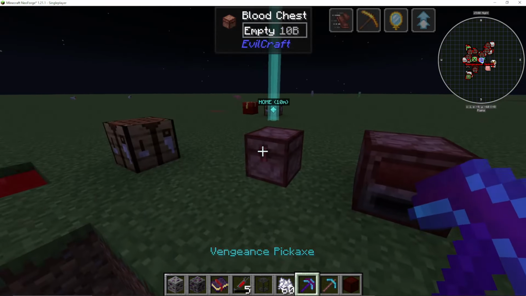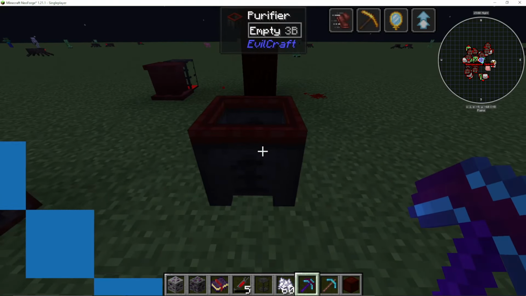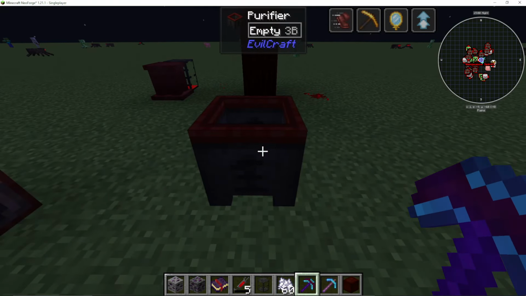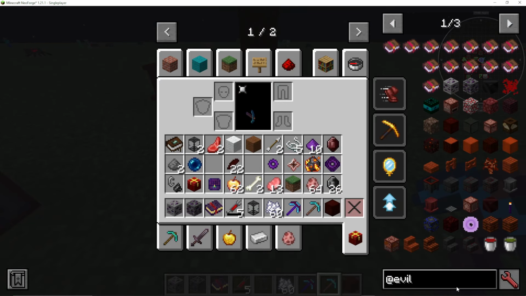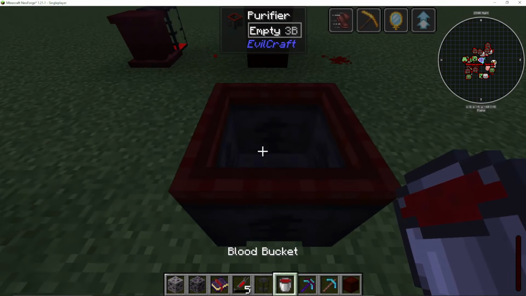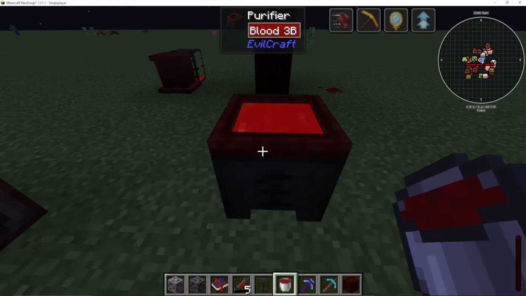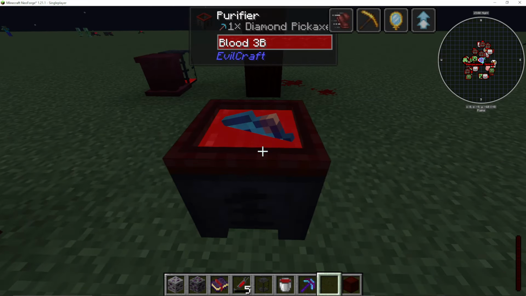So if you do repair them in the blood chest and then get bad effects from them, you can simply use the Purifier as the next step to purify them of any negative effects there. What you can also do is, if we get some blood here and completely fill it, 3 buckets worth, put the weapon in there, like